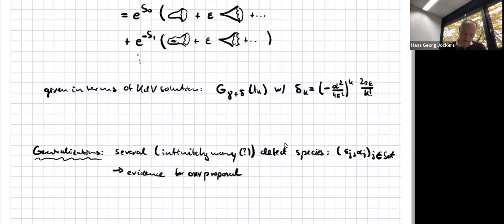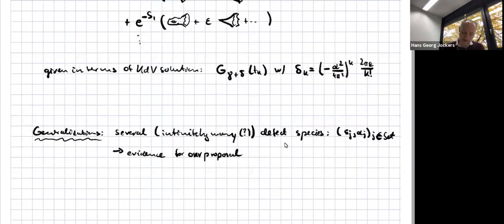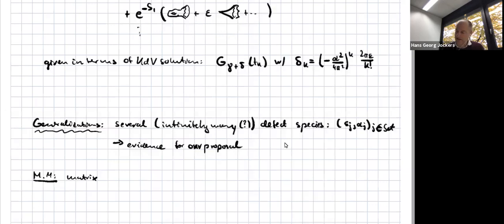Now, I don't have time to talk about this, but on the matrix model side, these TKs also come about when you look at the original formulation of Witten and Kontsevich in terms of the matrix model. On the matrix model side, the matrix measure can also be expressed in terms of these couplings TK, and then you can also work out, and this is something we also do in the paper, how these modifications, how these shifts actually implement on the matrix model side.